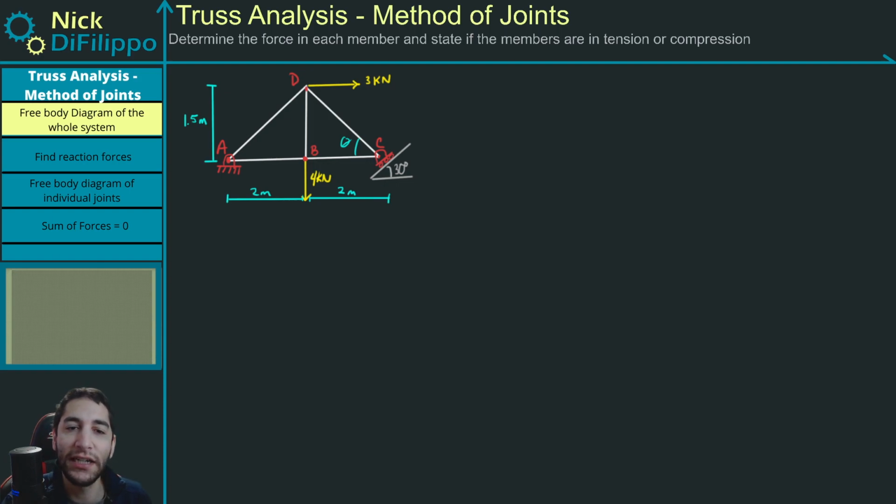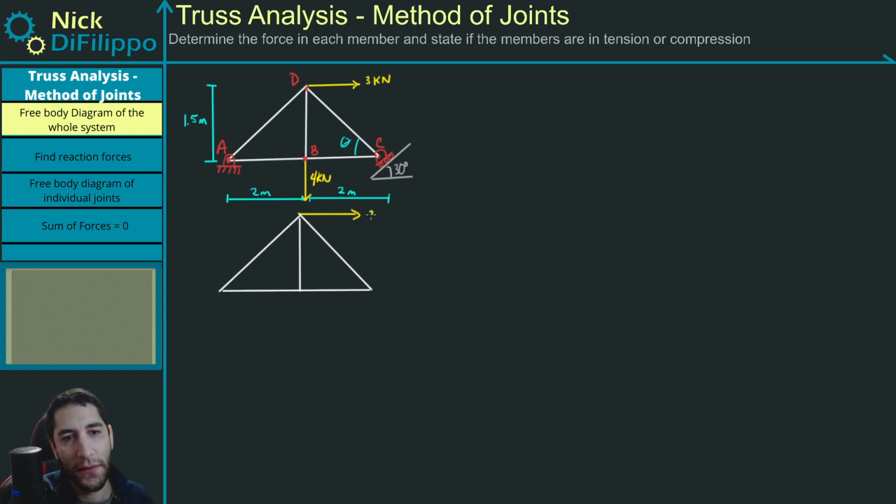So to figure out my reaction forces of my entire system, I need to draw the free body diagram of my entire system. So let's draw that. And this is going to have those two external forces on it, my 3 kilonewton force and my 4 kilonewton force. Now, I have two reaction forces I need to deal with. I need to deal with my reaction force at A, and I need to deal with my reaction force at